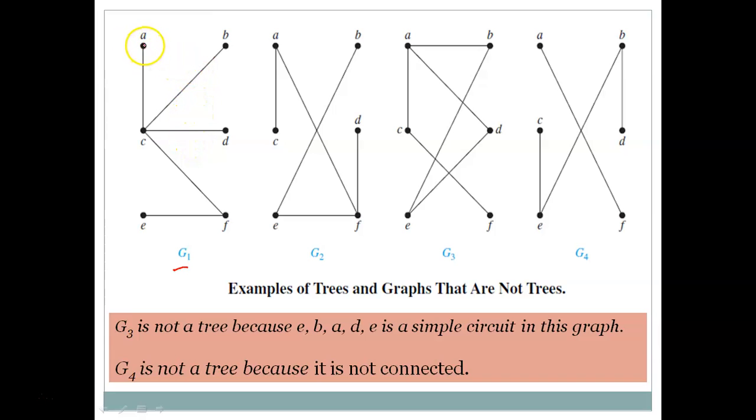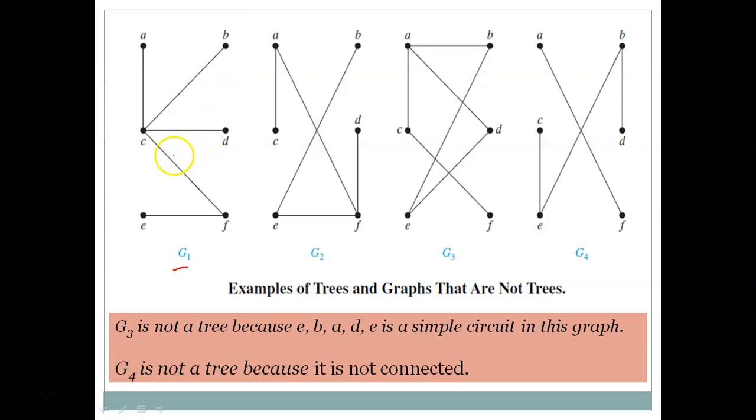Then you start from any vertex, and you can reach any other vertex of this graph. For example, you start from A and you want to reach vertex F, then you can go A to C, C to F. Suppose you want to reach from E to B, then you can go E to F to C to B. So you can start from any vertex, and definitely you can reach any other desired vertex of the same graph. So I can say this graph is connected. So two things are there: it is undirected, it is connected.